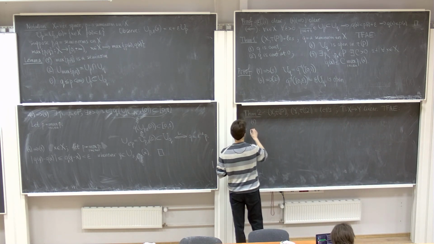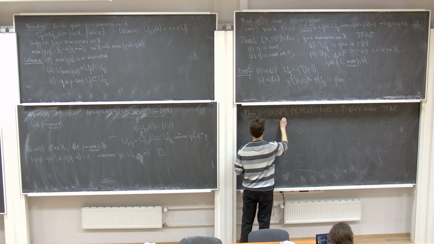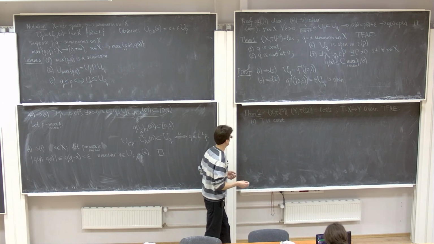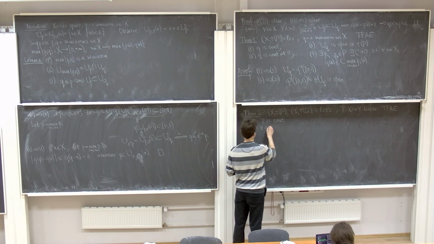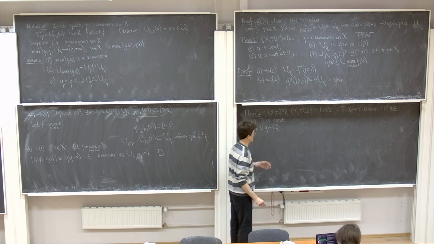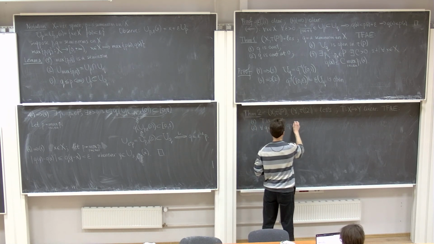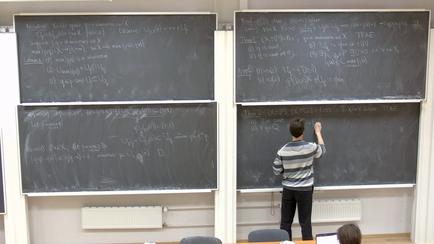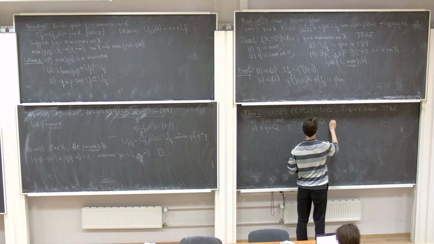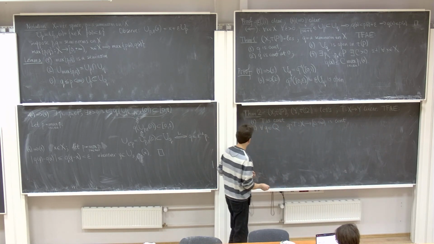Condition 1, T is continuous. Condition 2, for each seminorm Q from the second family, big Q, the composition of Q and T, so this is a function from X to the non-negative numbers, is continuous. And condition 3,